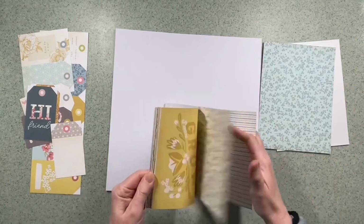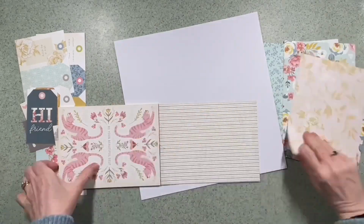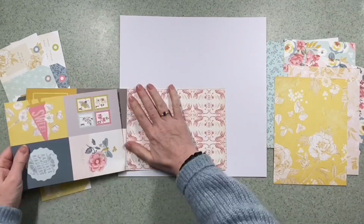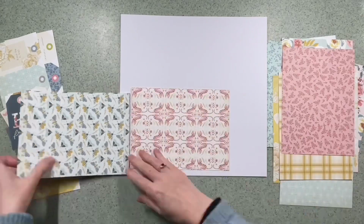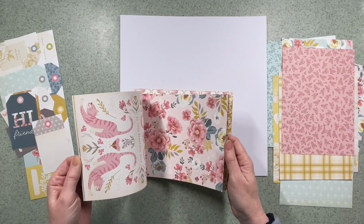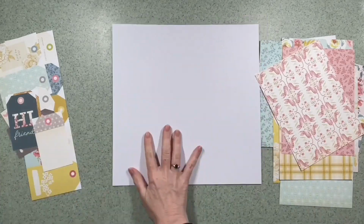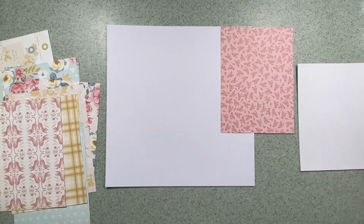So for this layout I'm going to focus on the 6x8 pad and I'm just going through it, picking out some papers that just catch my eye. I don't use all of them, but I am going to use quite a few of them. So I'm looking for certain colourways. I don't know whether you've spotted it yet. It's the pinks and the yellows that have taken my fancy, and I'm thinking of using 5 of them if